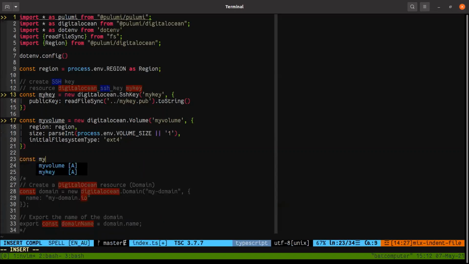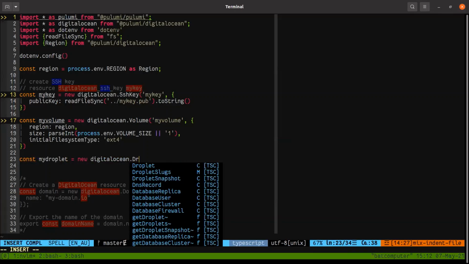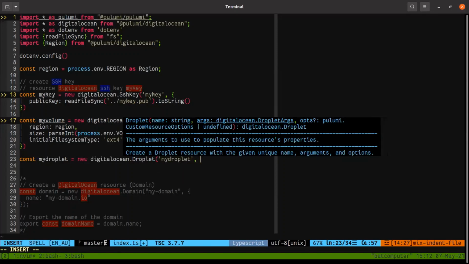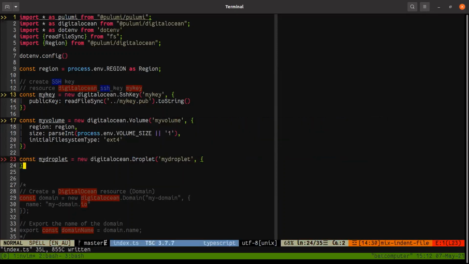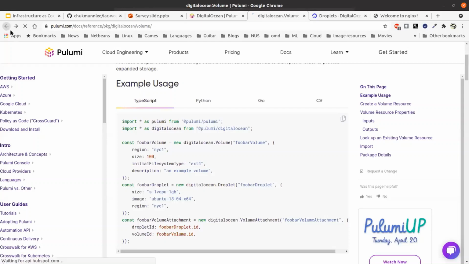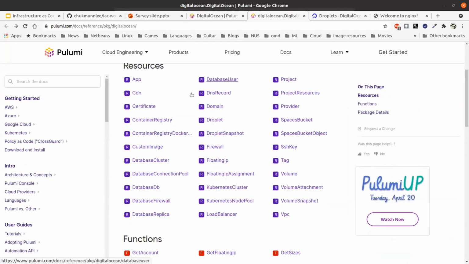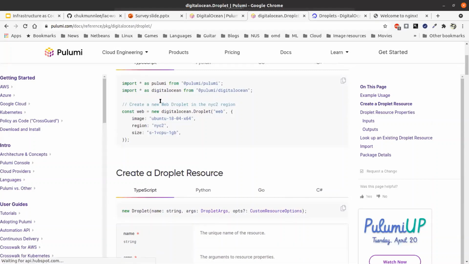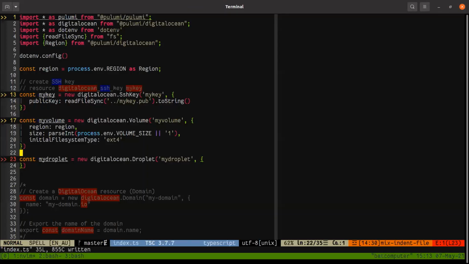Okay. So the next thing we will do is we will create the droplet. Again, the same thing. My droplet. Okay. So let's go back and see droplet. Okay. So this is the droplet. Notice again, it's very, very similar. So I'll just use region. Okay.